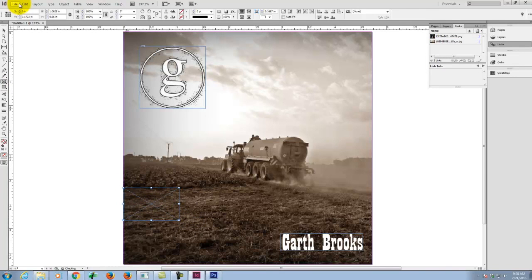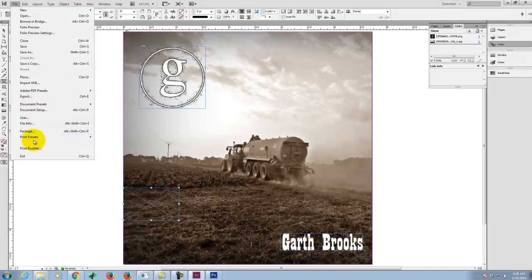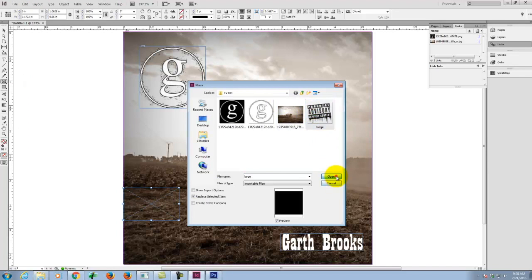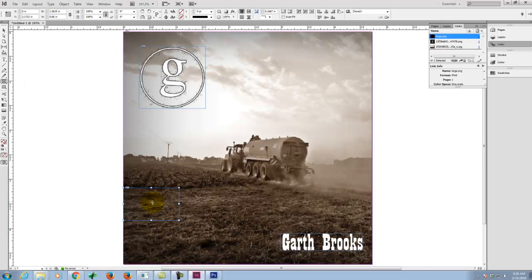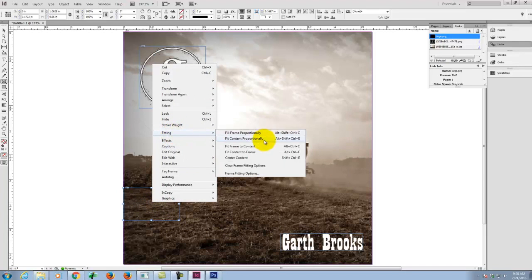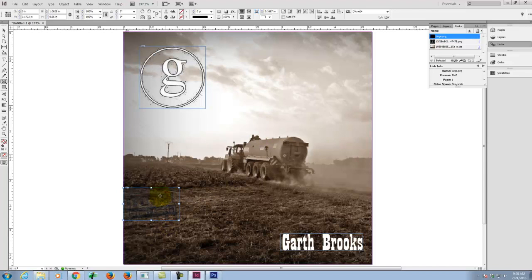Something like that. File, Place. And right-click, Fitting, Fill Frame Proportionally. Right? And in my context, I need to move it up here so you can actually see it. And I probably need to adjust the frame so that you can see the whole